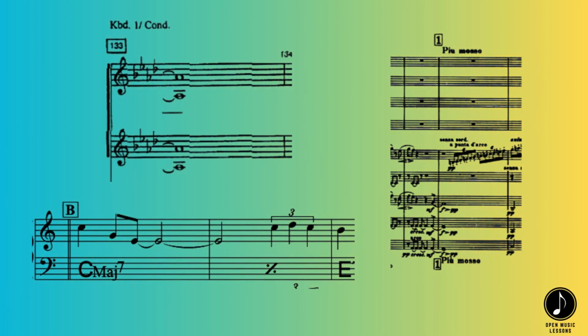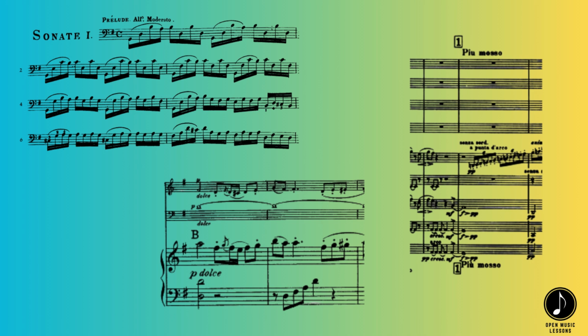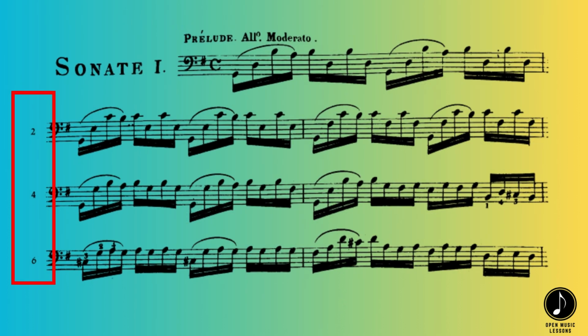If you're curious about bar numbering and rehearsal marks in music, stick around, because we'll explore their significance in classical compositions and beyond. In classical music scores, you'll see a mixture of bar numbers, numbered rehearsal marks, and lettered rehearsal marks. Bar numbers, as seen in the Bach cello suite, are a clear way to explain to other musicians where you are in music or where you would like to rehearse from.